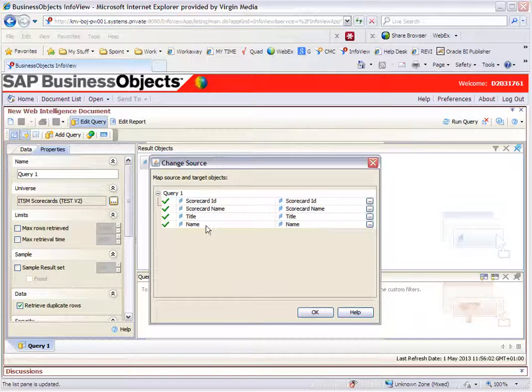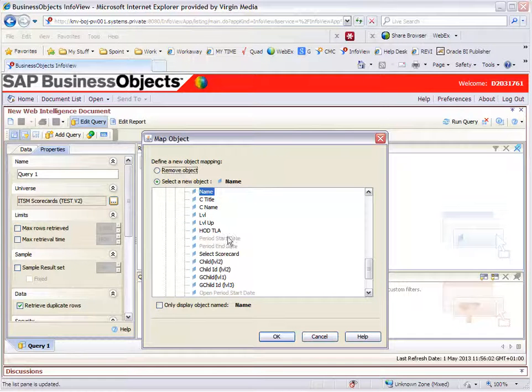What could have happened is they could have just changed it. So they could have changed name here to manager. So if you know that, you can click the button, you can go and browse for the object that it should come up, that you know it's been renamed to. You'll probably have to go to the person that's created the universe to tell you that. Basically, you select the new one. So for this one, I could go to C name, for example, if that was the new field. Hit OK,